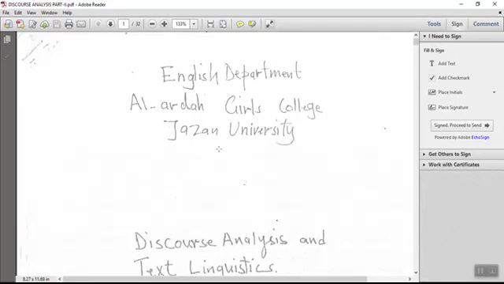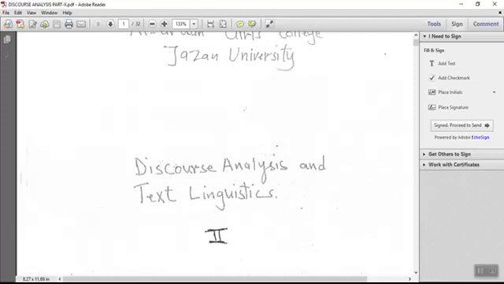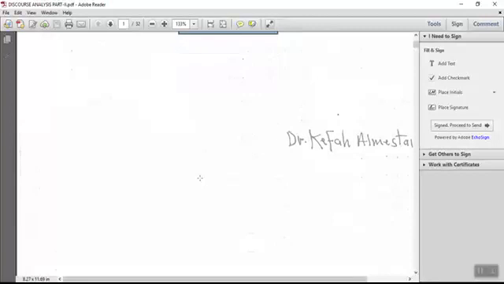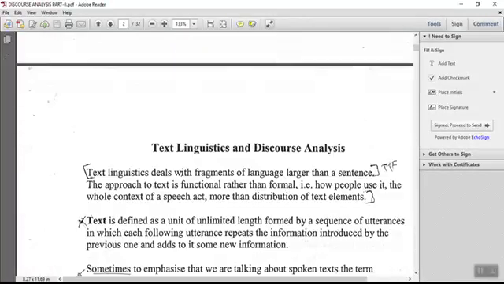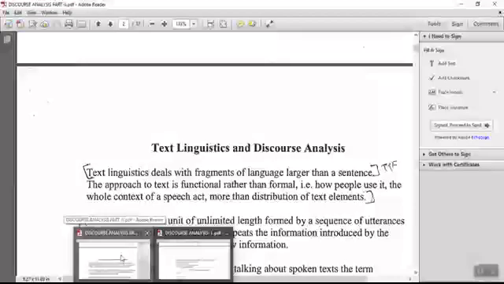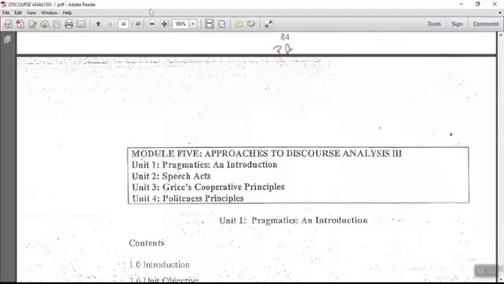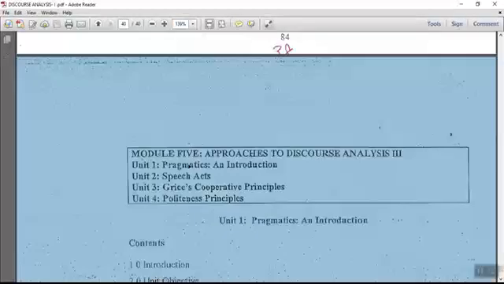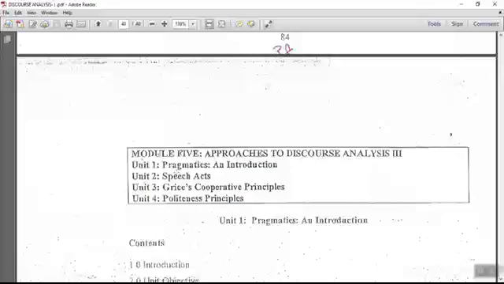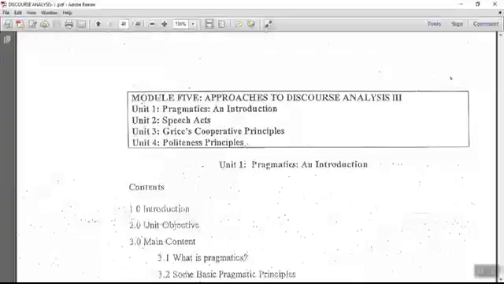Now we are to start part 2 of the material, discourse analysis and text linguistics, part 2. But before doing that, I hope 139 is fine. I just have a thing to mention here that is in part 1. This is the last page in part 1. Something about